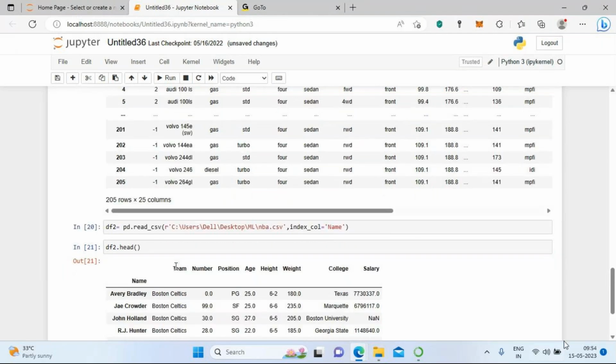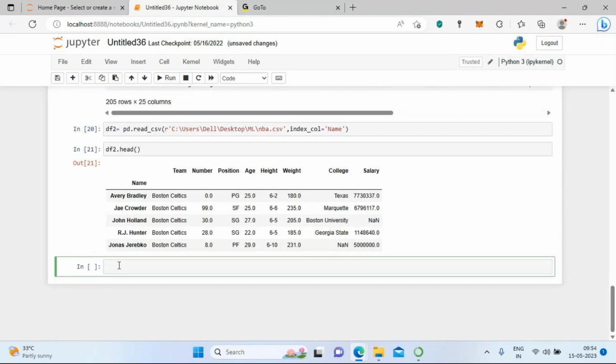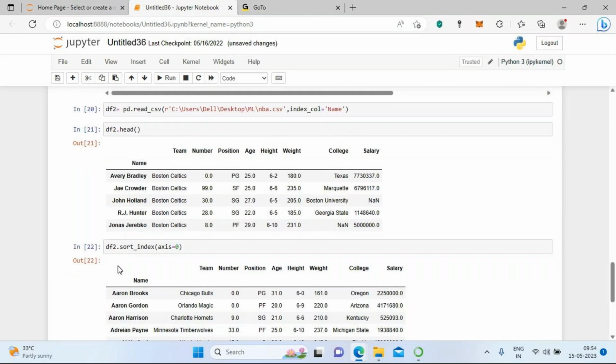Okay, you can see now the name column is going to the index column. Now you can use sort_index. In sort_index, no need to pass anything; you have to pass only the axis. Axis equal to 0. Now you can see